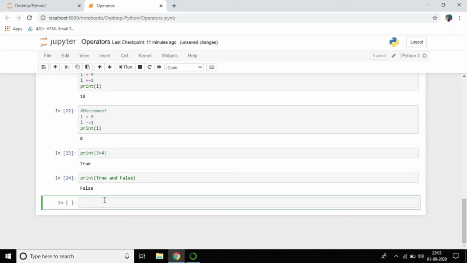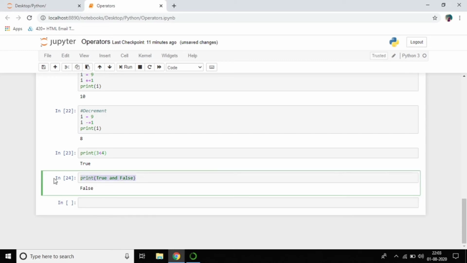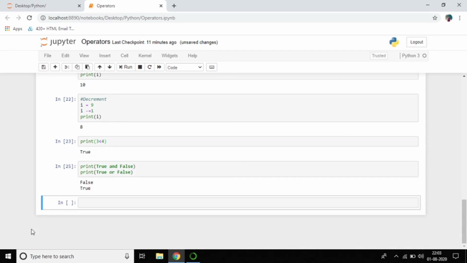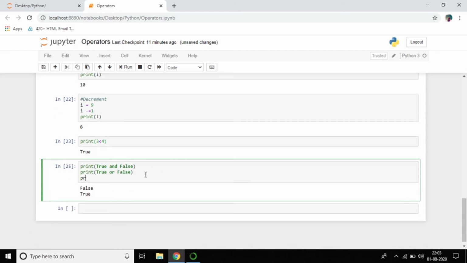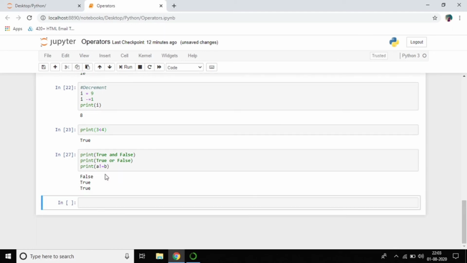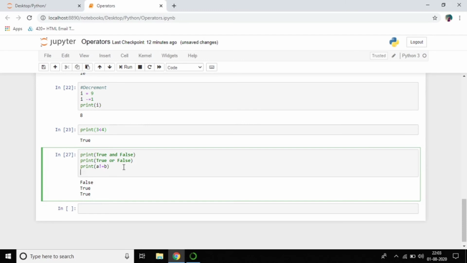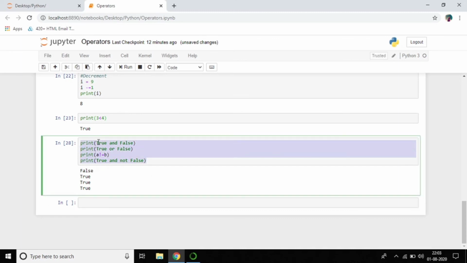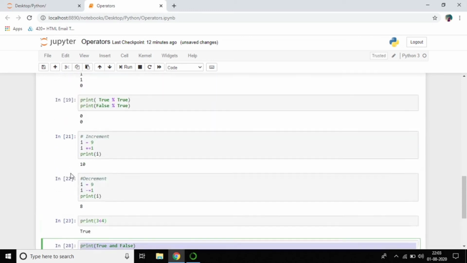If you want 1 or 0, that means true or false, just copy here and write the same, keep or, and you can see it's true. You can also do not equal to operations. And you can write print true and not false, which is true. This is the way to write. I explained some of the operations, so you can do logical and, logical or, and lots of operations.